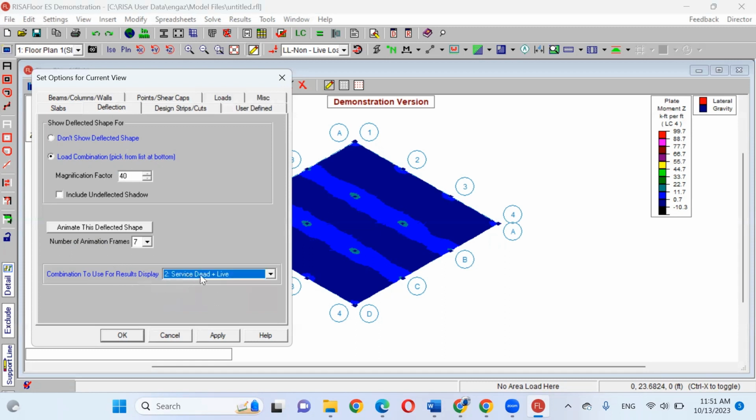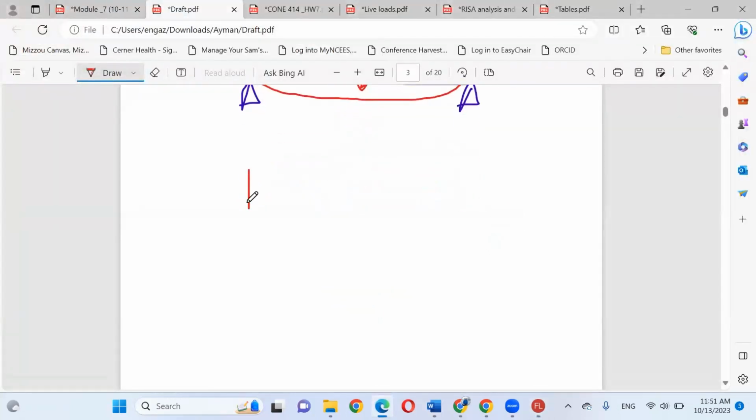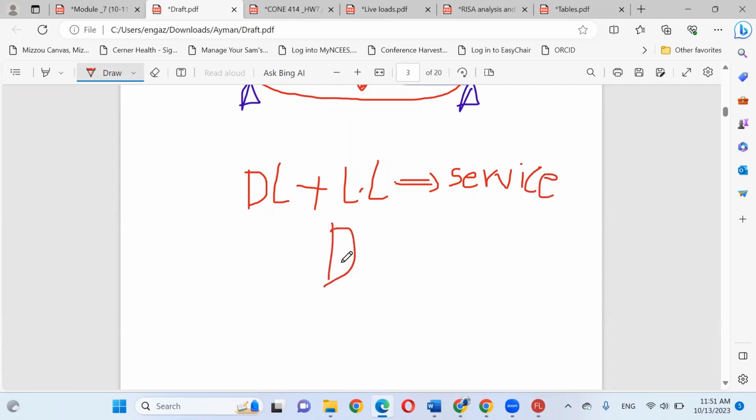For deflection, we are going to use surface, based on ACI, dead and live. If you add dead load plus live load without any factor, this is called surface. And we are going to use this combination for deflection based on the ACI standard.